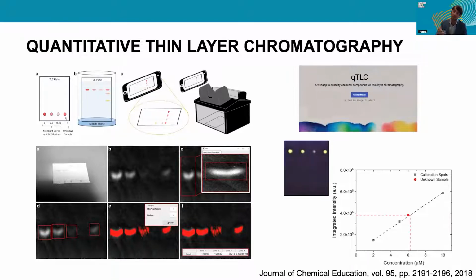And then you can take a photo of your plate, and that may be either in absorbance mode, so you just take a photo outside with the adequate background, or it may be in fluorescence mode, when you have to excite the molecules with a certain wavelength and then take a photo. And this is shown here, this difference. So then you would need to take a photo through a fluorescence box. And then we will provide you with the data so that you can plot your results and determine the concentration of the unknown sample.